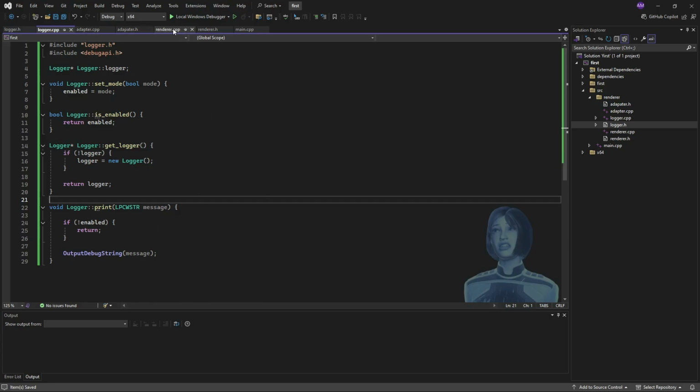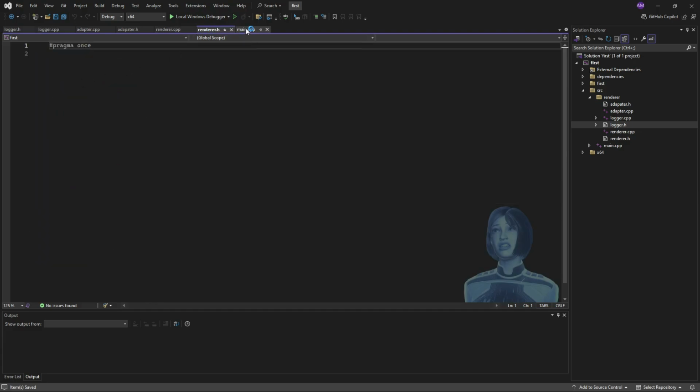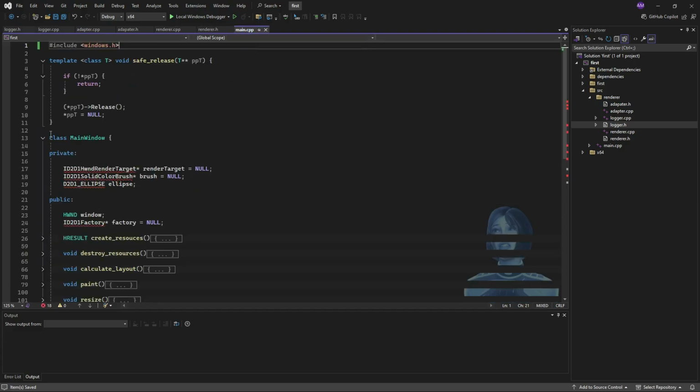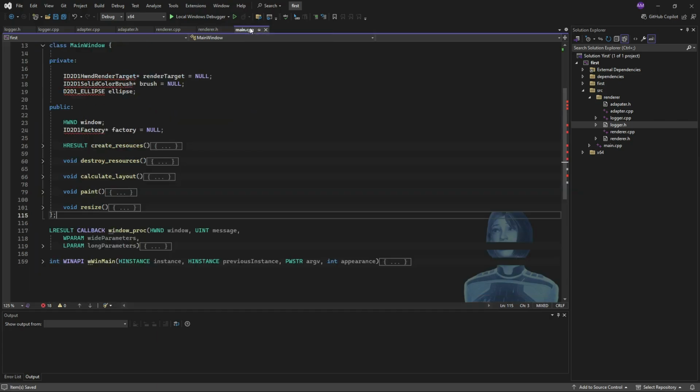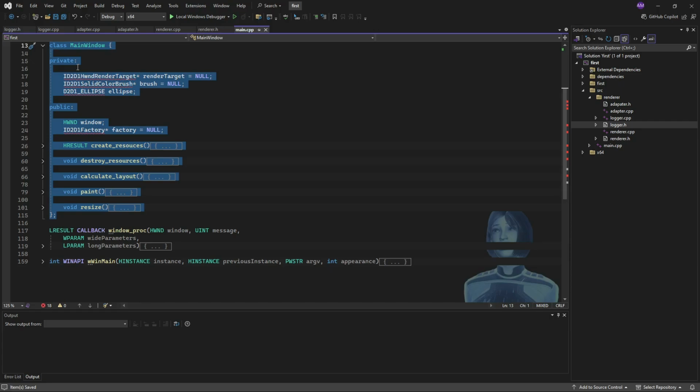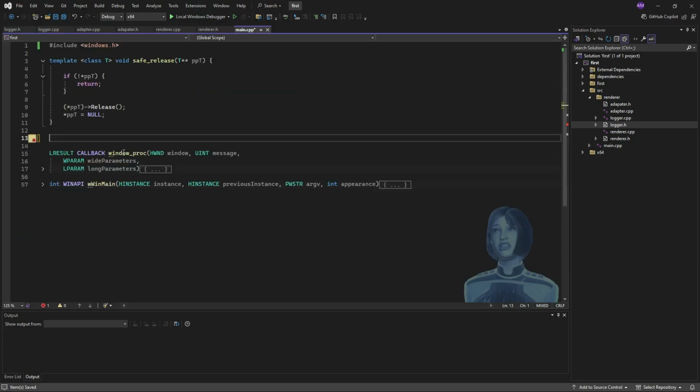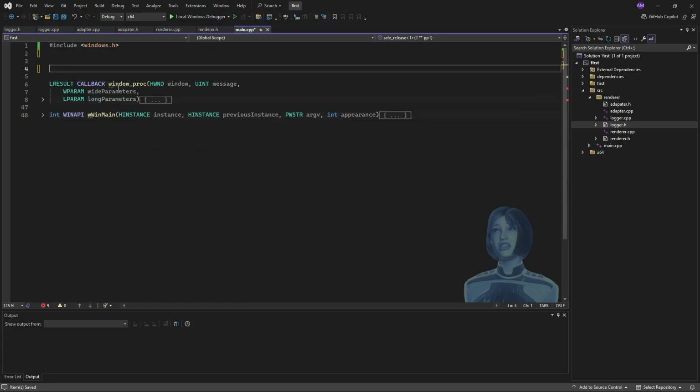But let me go to the renderer. So the renderer is going to be very similar to what we've got here, this main window. So I'm going to grab all of this, stick it over, and of course I'll go back to main and get rid of that main window. Also going to get rid of the safe release. I'm not going to use that. And while I'm at it,